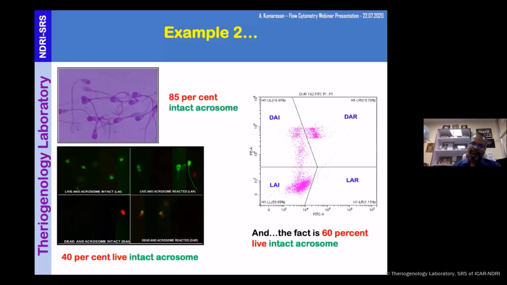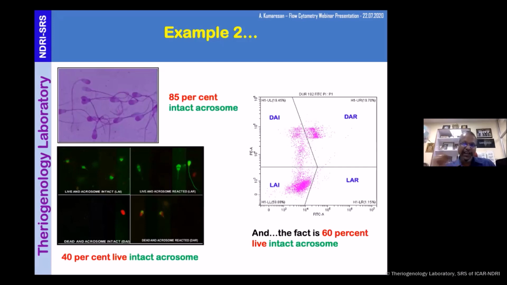Second, example 2. These are all the normal techniques used in routine semen evaluation. Here I have given a Giemsa photo. Go to any semen station or IVF center and talk to the person: always the intact acrosome is above 85, 90, 95, 92, 87, 84. But are we really assessing acrosome reacted or acrosome damaged? You see, when we go for fluorescent microscopy, it goes from 85 to 40%. This test is very tricky because if you use FITC-PNA, your interpretation is different, and if you use FITC-PSA, your interpretation is different.